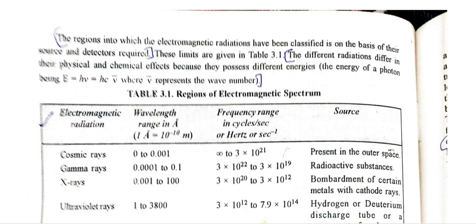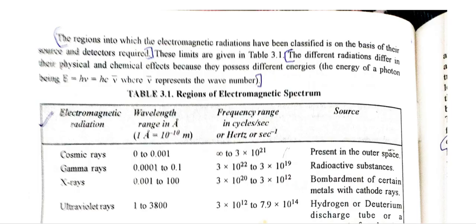The energy of a photon is E = hν = hc ν̄, where ν̄ represents the wave number. Electromagnetic radiation, wavelength, frequency range, source. First, cosmic rays. Wavelength 0.0 to 0.001, frequency infinity to 3 × 10^21, source present in outer space. Gamma rays